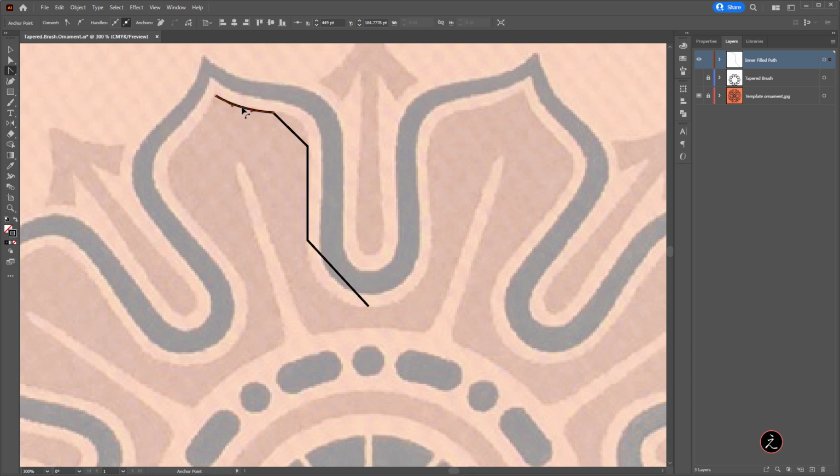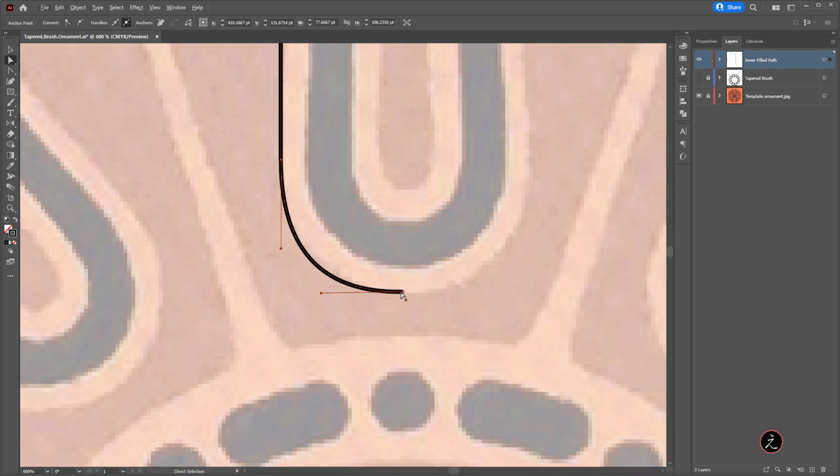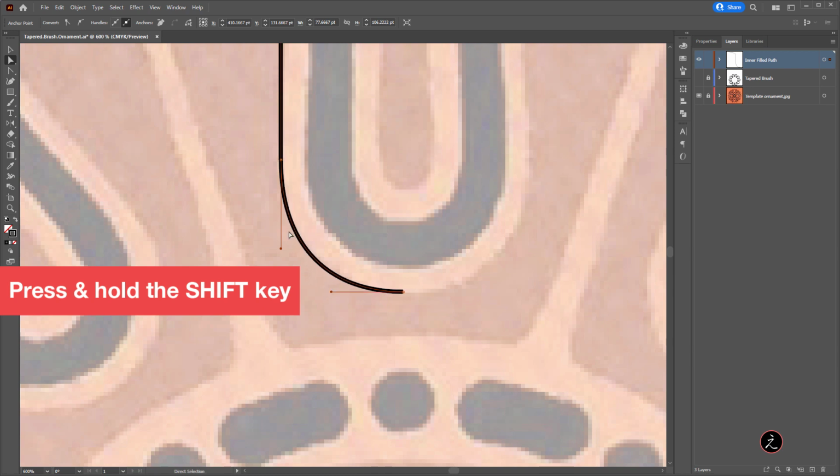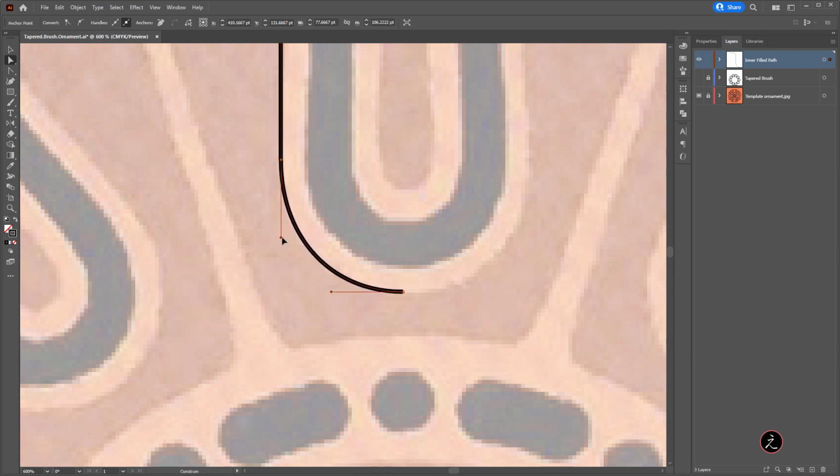And what it does is that it goes ahead and gives us those control handles automatically, which, as you can see, is a time saver. I will do the same on this straight segment here. Just bend this. And on this one too, I'm just going to click and drag and bend this. Then immediately I'm going to switch to the direct selection tool because I need to make sure that these control handles are straight, which means I'm holding down the shift key as I do. This one too.